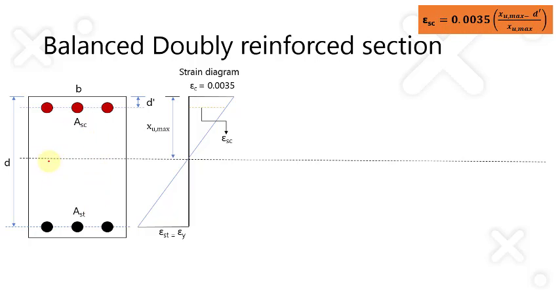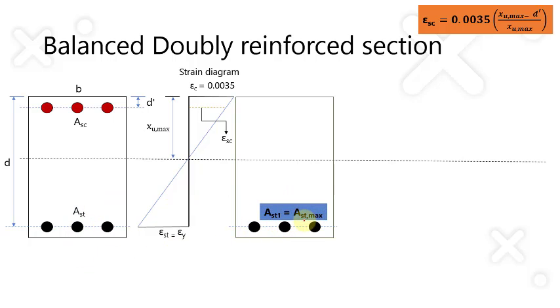Further, we know this doubly reinforced section is split into two parts. One is a singly reinforced section. Now here, since the neutral axis is limited to limiting neutral axis depth, this is a balanced singly reinforced section. So part of tension reinforcement will correspond to the limiting steel or maximum steel corresponding to singly reinforced section. In addition to this section, we have a section which will comprise of a part of tension reinforcement and complete compression reinforcement. So if I sum these two sections, it will give me this doubly reinforced section.